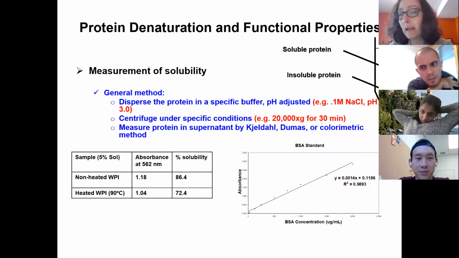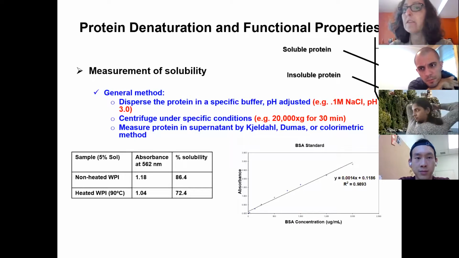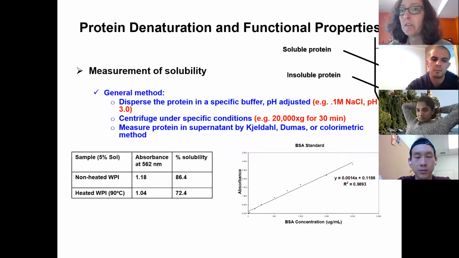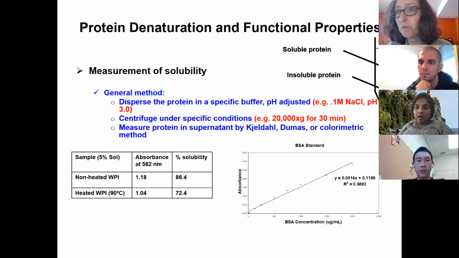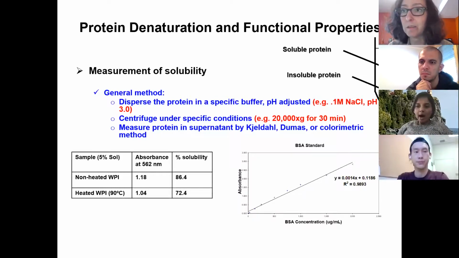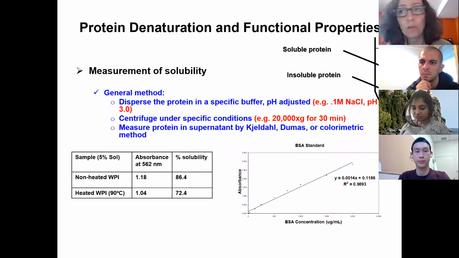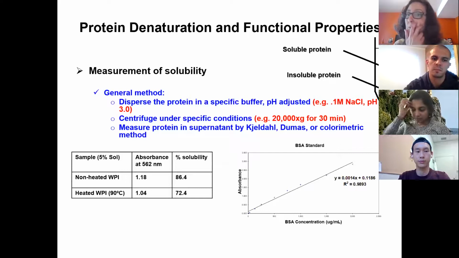Different proteins have different molecular weights. So choosing the right filter to do this could be challenging, because a protein such as soy protein exists in a quaternary structure of around 300 kilodaltons, and it can still be soluble at pH 7 in this format. But then what do you do? What filter do you use? If you use a filter that will retain the quaternary structure, then you're going to assume that it's not soluble. So no, we don't do that for solubility. Okay, thank you.